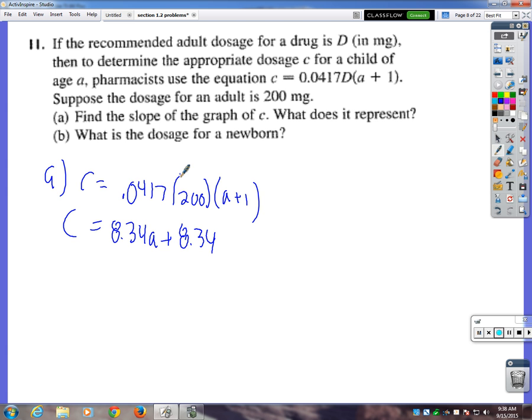Okay, so that means the slope is 8.34. What does that represent? Right, good. That's it. So every year that the child grows